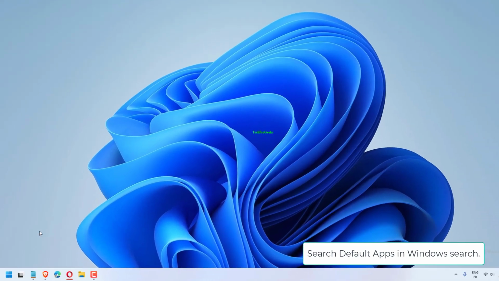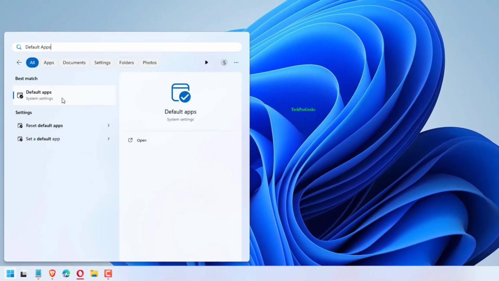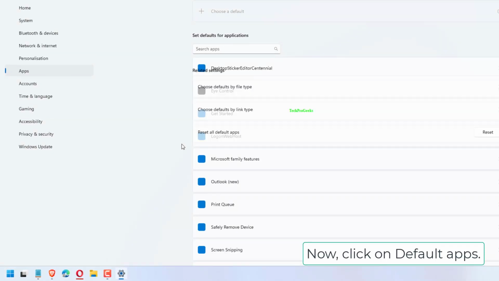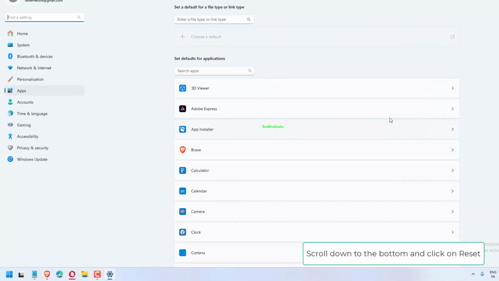Search default apps in Windows Search. Now click on Default Apps. Scroll down to the bottom and click on